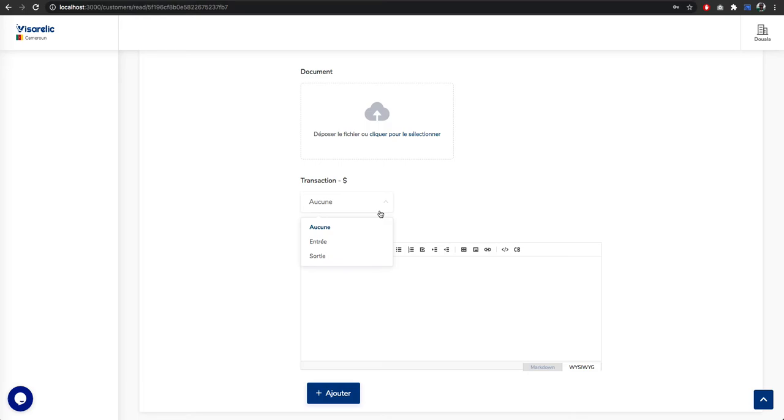If for example the customer just gave me some money, we just add it here. But if you used some money to work on or to complete a task on the customer's office, we just use this selector. We can add more information.